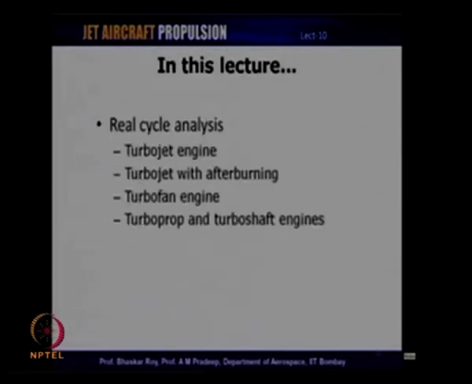So, today we have been discussing the cycle analysis associated with different types of engines, the real cycle analysis, wherein we have accounted for various efficiencies like the diffuser efficiency, the compressor efficiency, the combustion efficiency, and the pressure drop in the combustion chamber, subsequently the turbine efficiency, and then the nozzle efficiency. So, these different efficiency terms put together will help us in getting a realistic estimate of what happens in a jet engine. We have already been discussing the ideal cycle and its analysis. So, putting all these efficiencies into place, we can get a realistic estimate of how these cycles behave.